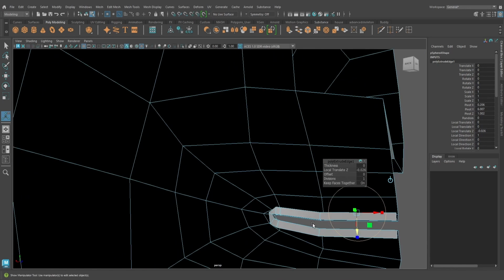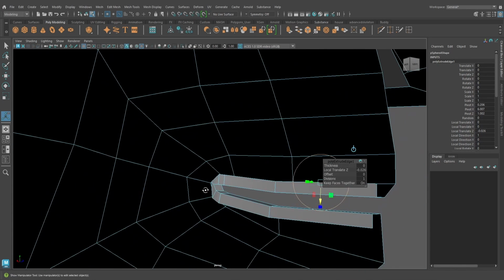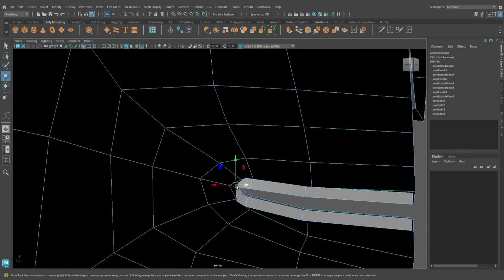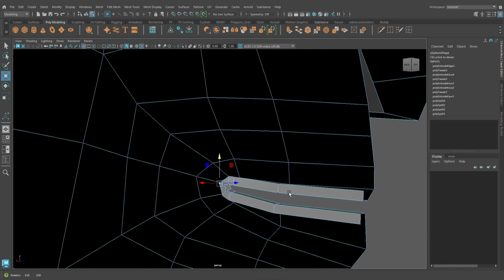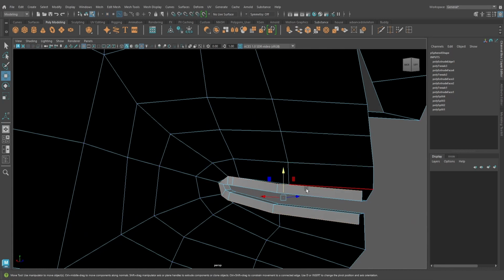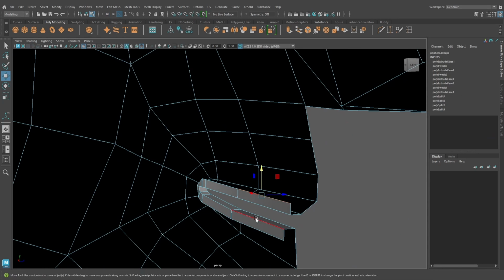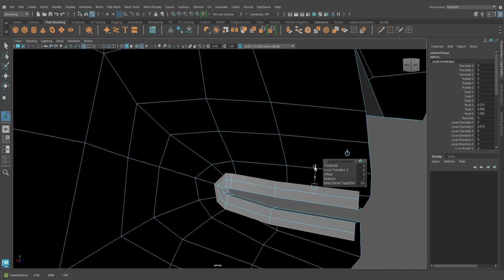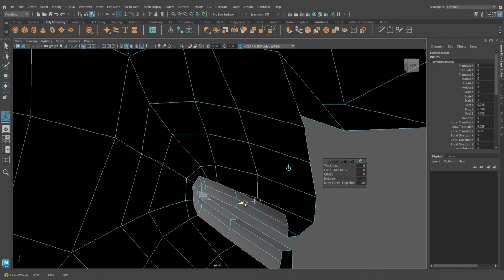Now we're gonna fix the corner vertices of the mouth. Let's select the edges of the inside of the mouth again and extrude it one more time